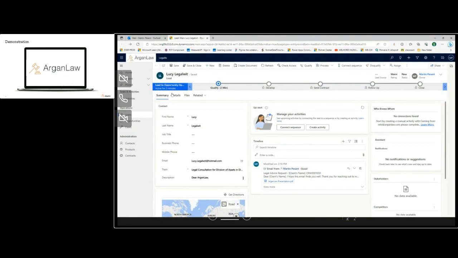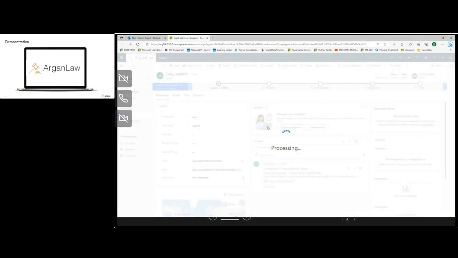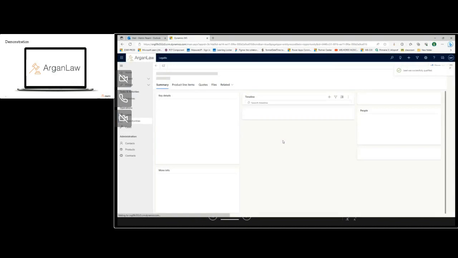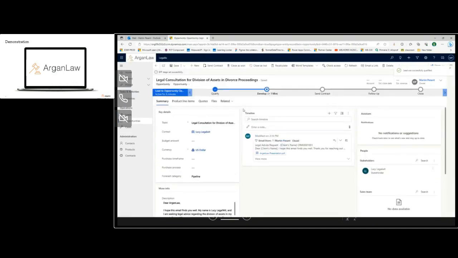So the next request we need to do: we have a bunch of chat with the client here and there in terms of, you need family law advice. Okay, good. You just got divorced and you need assistance right now. Well, you know what? You're the right client for us. So we need to qualify the client. That's the first thing we need to do. So we're no longer in the lead step. We're now in the opportunity step. Lucy is the right target. It's exactly the client I'm looking for, exactly the client that can answer their needs.